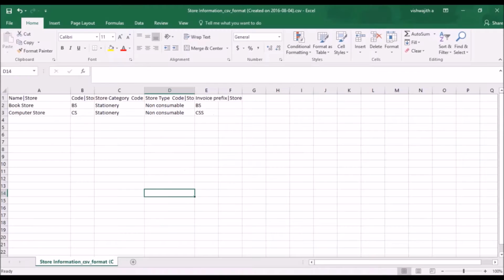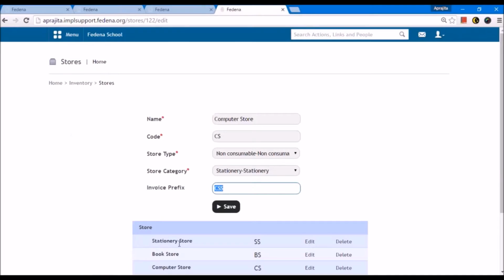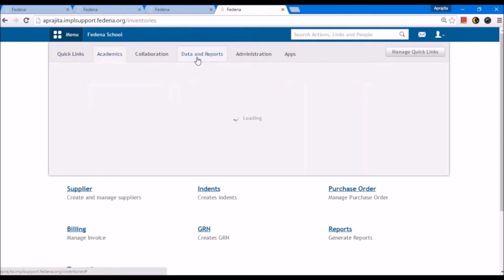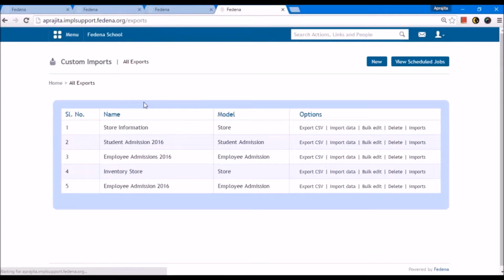That is what we have changed in this file. So this is how you can perform the upload for new stores and edits for existing stores in Fedina using the custom import module.